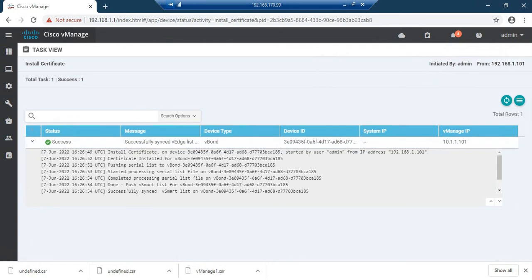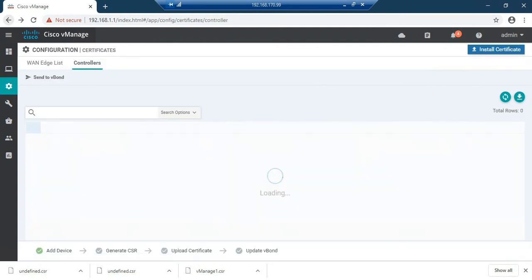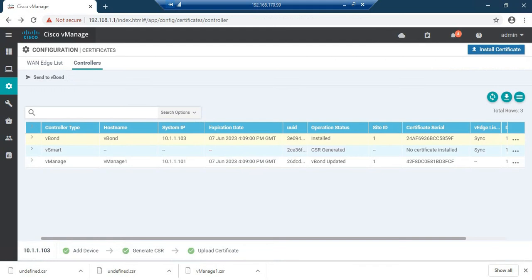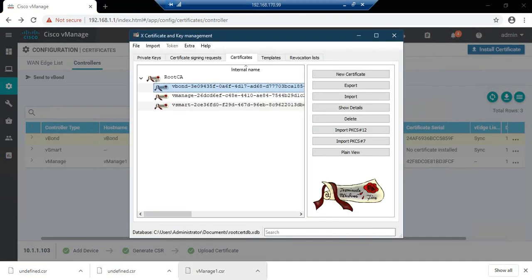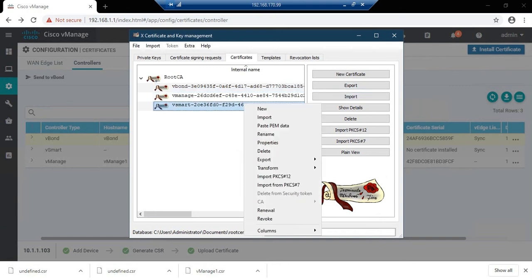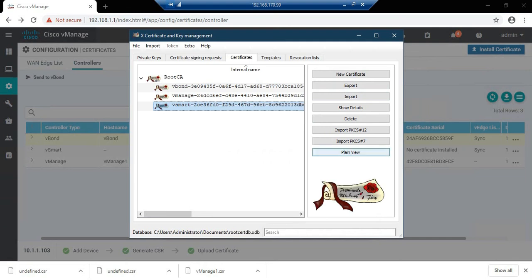Now let me install another certificate for the BSmart. Let me install certificate. Export clipboard.